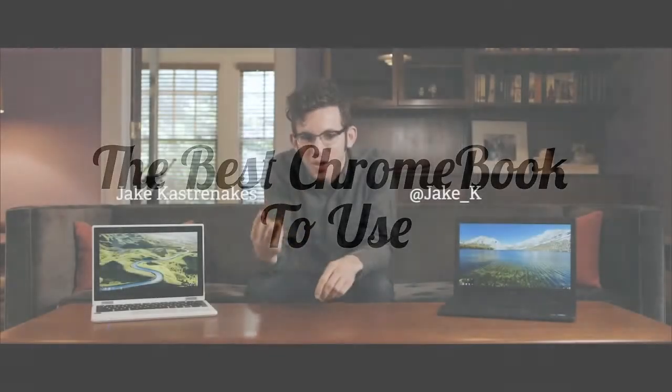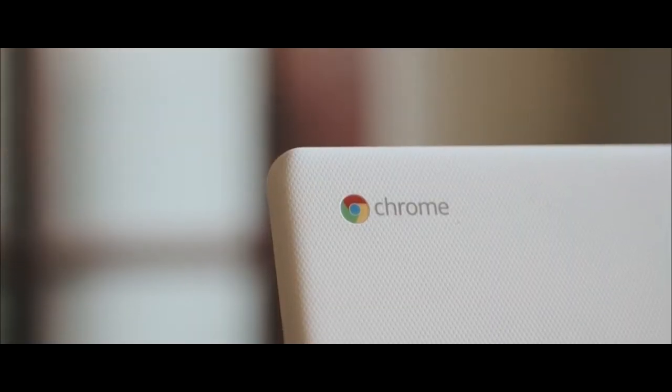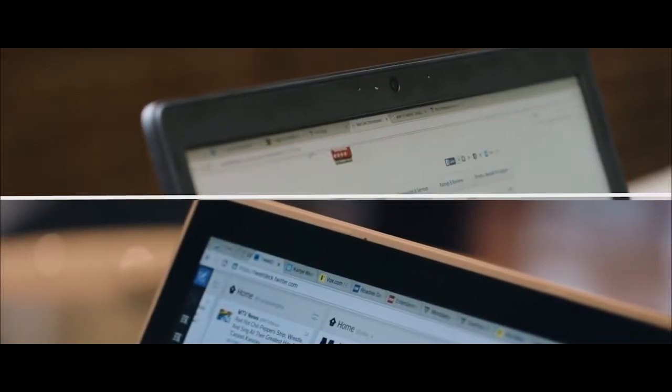A great Chromebook is three things. First, it has to have a good screen, something you'd be okay with working on for hours. Second, it has to be relatively cheap. You want to spend right around $300. And third, it has to be able to handle a lot of tabs without choking up. There's one Chromebook that hits all three of those marks, and it's the one that I'd recommend to most people